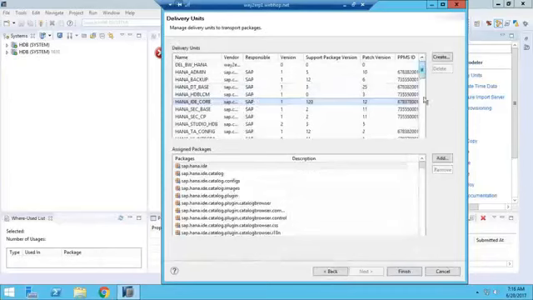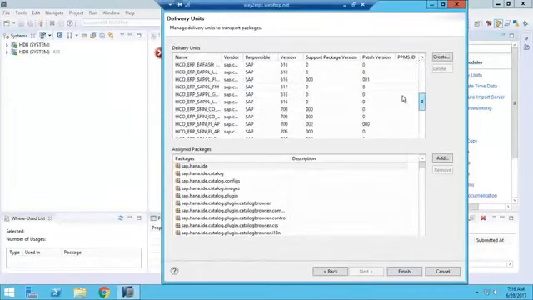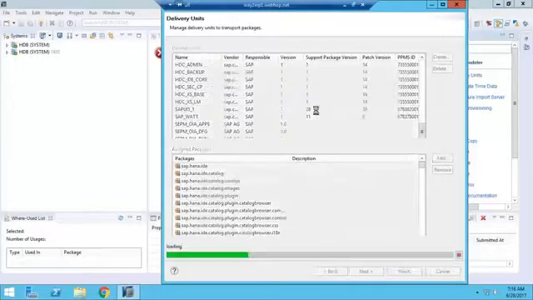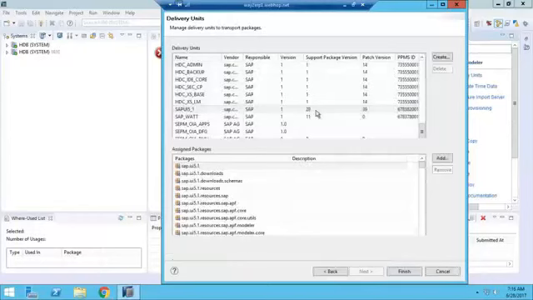If you want to create your own delivery unit, you can create one, and with the delivery unit you can assign some packages. So each delivery unit has some packages assigned.